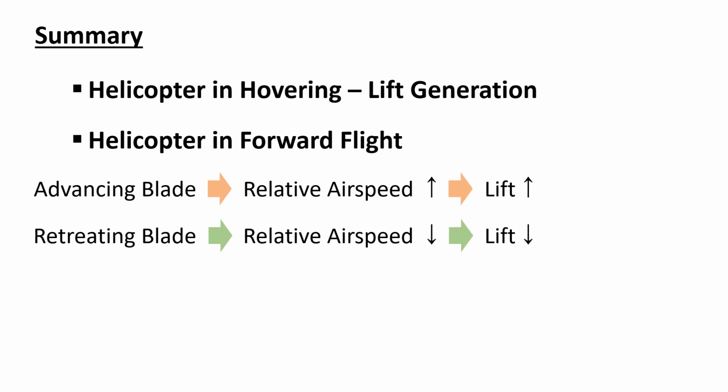And because the airspeed is larger, there will be increased lift in the advancing blade. The same for the retreating blade, which is subject to reduced lift. So this is called the dissymmetry of lift, because in different quarters the retreating blade and advancing blade don't share the same amount of